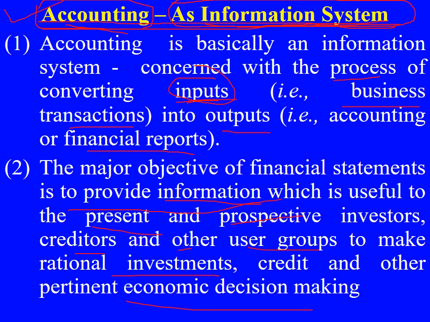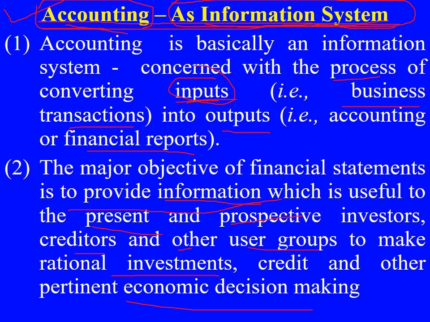Next, we saw accounting as a language of business. Now we are moving to accounting as an information system. When we say something is an information system, there should be three things: one is input, another is process, and the next is output. When input is processed in a proper manner, we get output. This process of obtaining input, processing the input and giving output in the form of a result